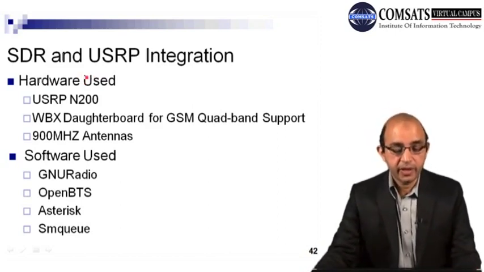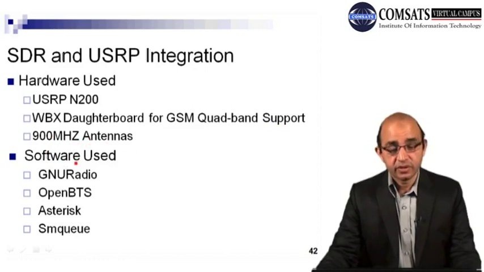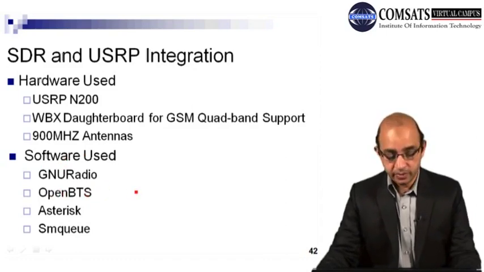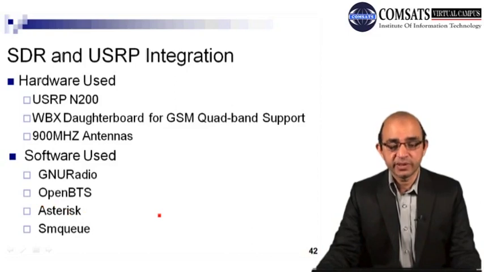So USRP N2200, and you can use the WBX daughter board for GSM quad band support, right? And we have 900 megahertz vertex antennas used for transmission and reception, and these are the software: GNU Radio, OpenBTS, that is a GSM stack, and Asterisk. So instead of having an MSC, when we talk about GSM communication